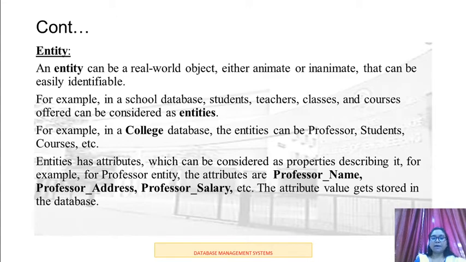In relational database model systems, we store this folder data in separate tables, and these tables are related with each other. Obviously there is a relationship between the teachers and students, and teachers and classes, because teachers teach the students and teachers teach particular classes.